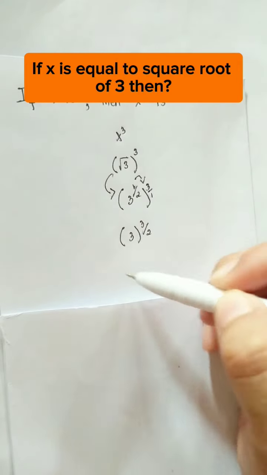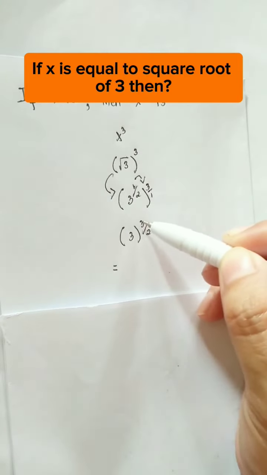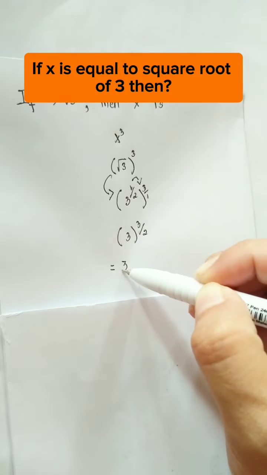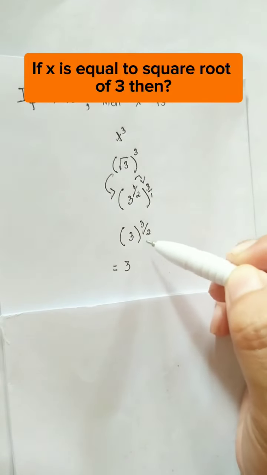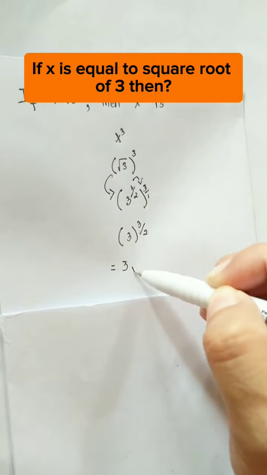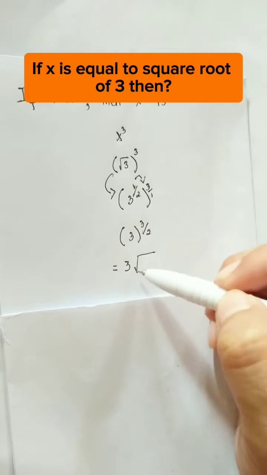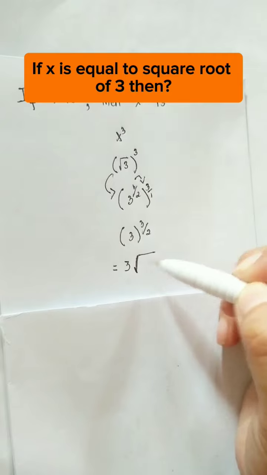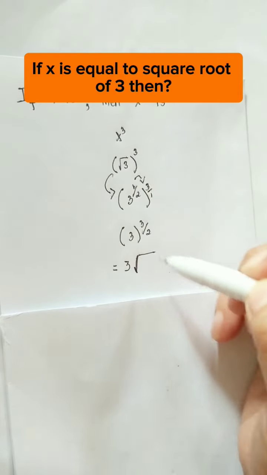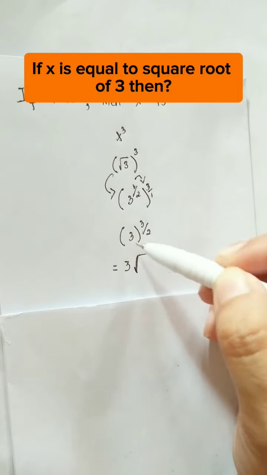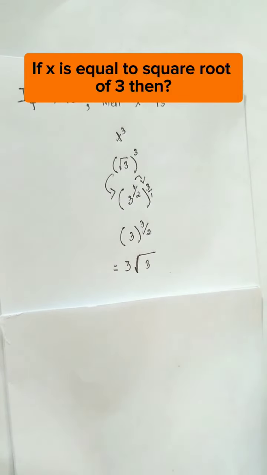So if we're going to try to rewrite this, we have to write this 3 right here. Then this 2 right here, the denominator of the exponent, is the square root. Okay, this 2 right here is the square root. Then the inside of the parenthesis, which is 3. So this